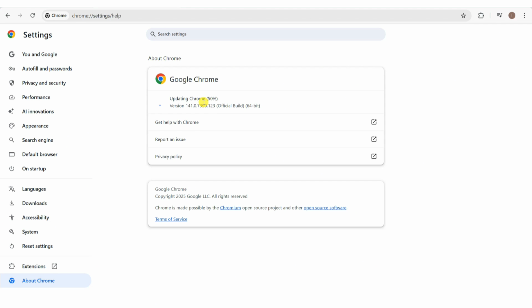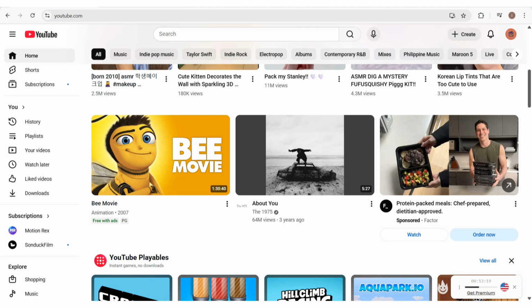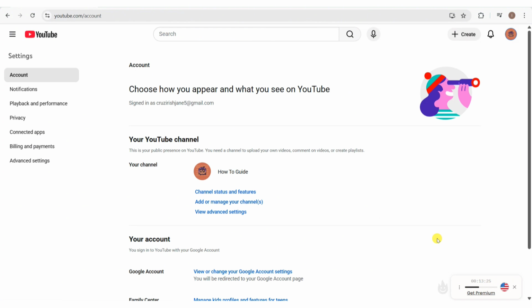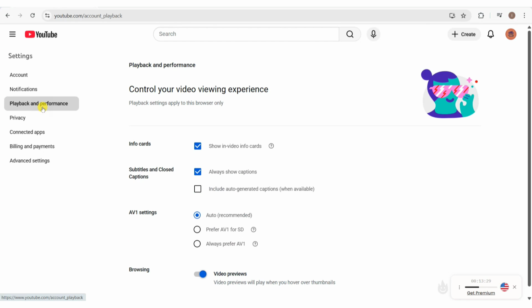Now, if it still doesn't work, another thing you can do is to go ahead and change your language settings. So head over to YouTube, and then from here, go to your profile at the top right, and then select settings. And then head over to playback and performance, and then head over into subtitles or CC section, and then set your preferred subtitle language in